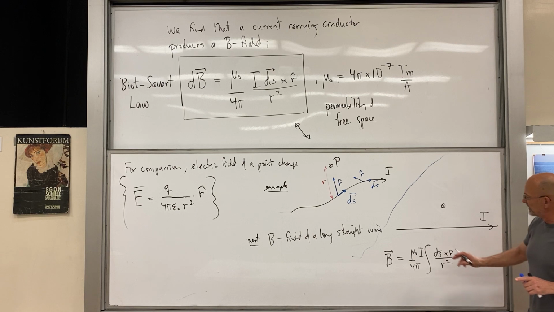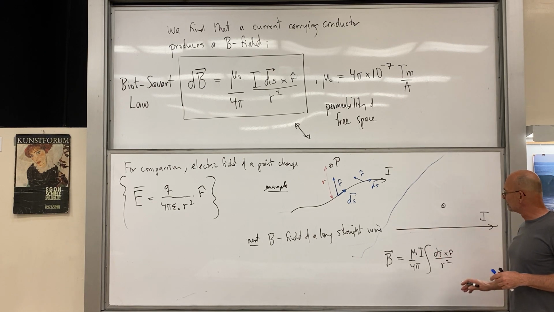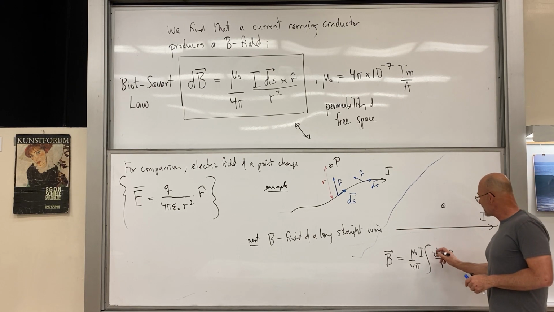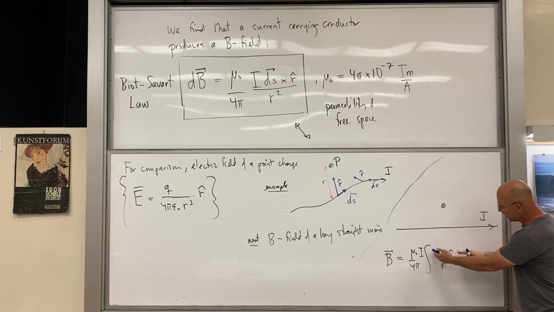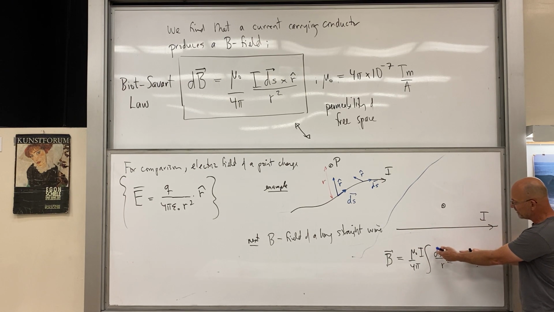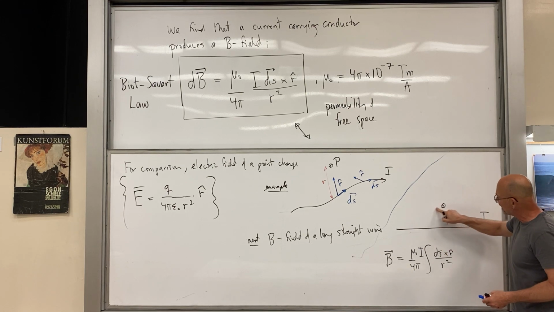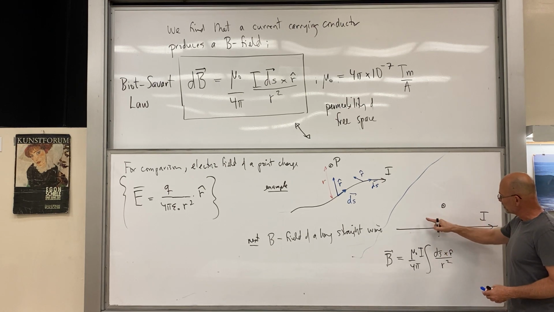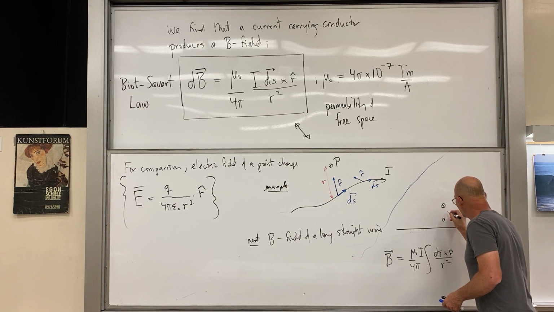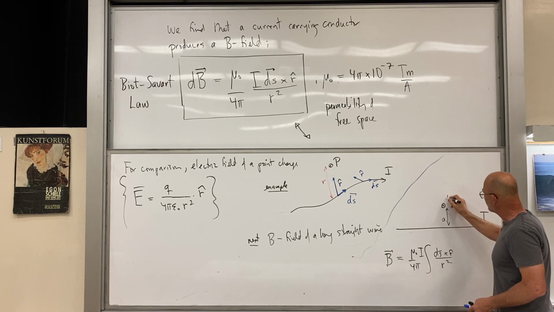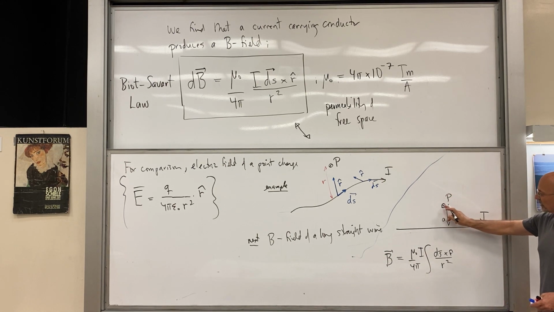And it's not that bad. It takes some trig substitutions, but when you do that cross product, you're always taking the magnitude of this, the direction's already been given, and it's always going to be a projection onto that distance here. So if we call this distance A from the wire to our point P, where we're going to find the field strength,